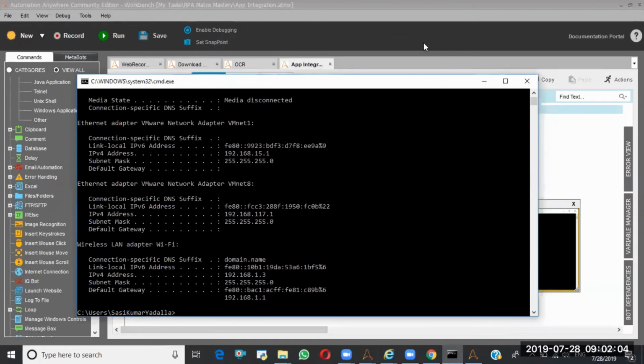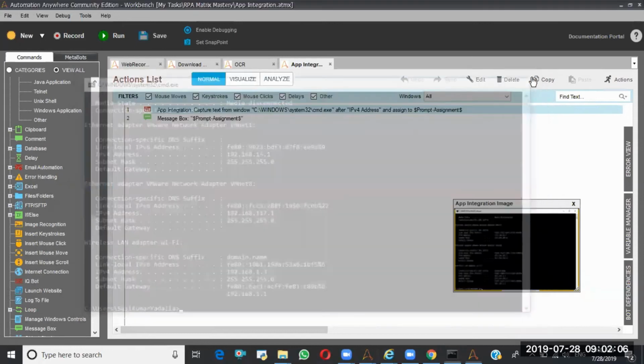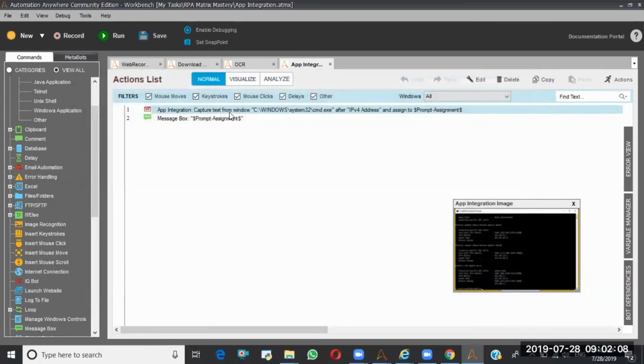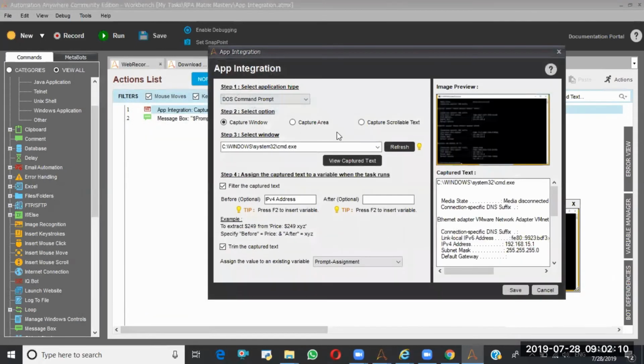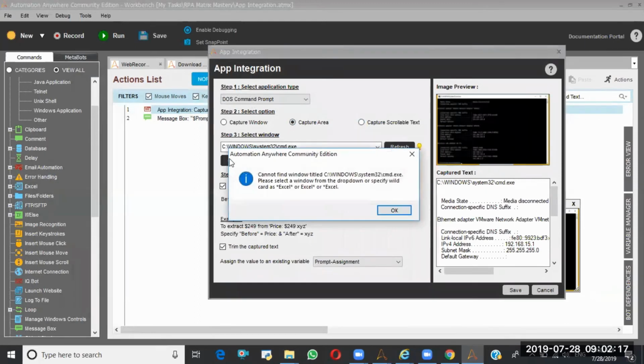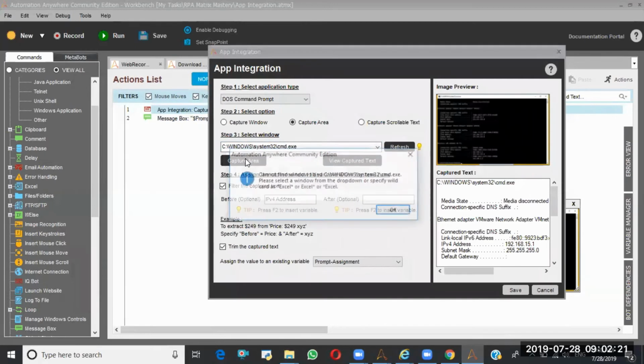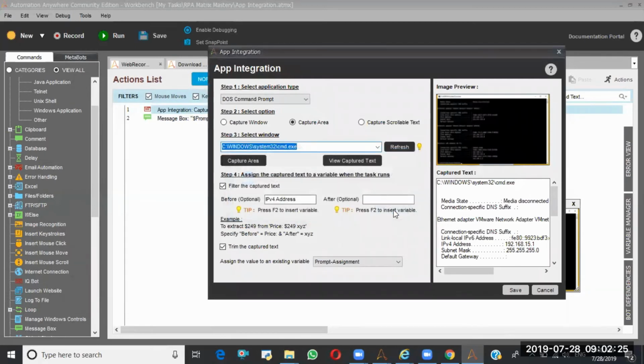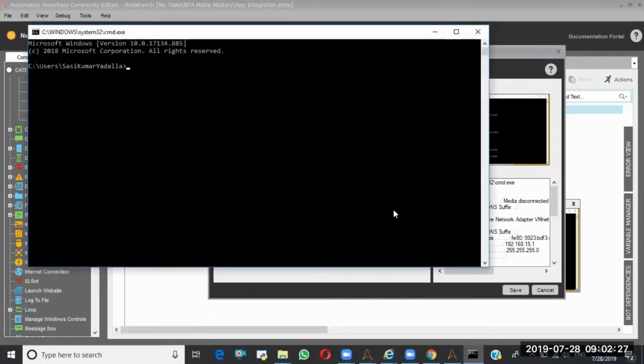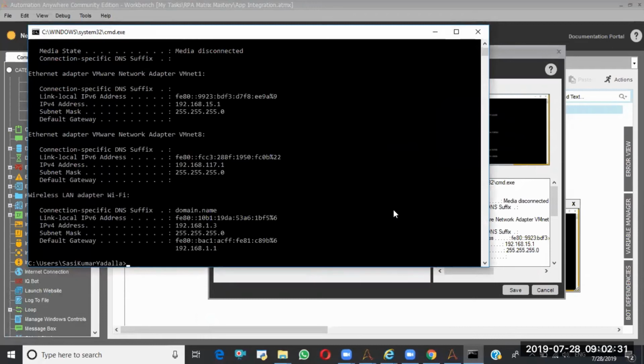So like this, we can integrate the apps. Simply, this is about the app integration. Here, one more thing is there, that is the capture scrollable text. This is the capture area. Simply, we can capture some area on this. Wait, cannot find the window title. Oh, I closed it. Sorry. Windows, sir. ipconfig.